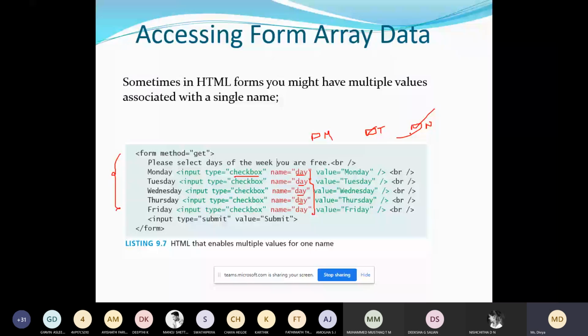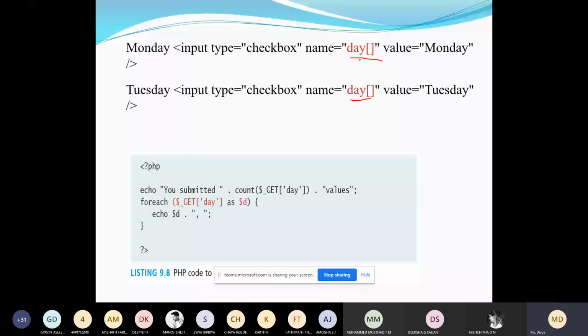You need some way to store these two values, so you are creating an array. You can see here count($_GET['days']). It will count how many values it is getting. In our example, I have picked two values, so it will tell count is equal to 2. Then you can use this foreach loop, and you can display those values, Tuesday and Wednesday.